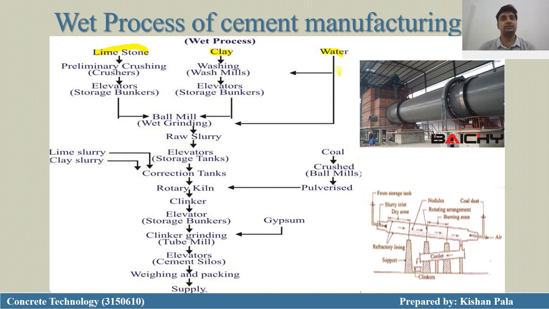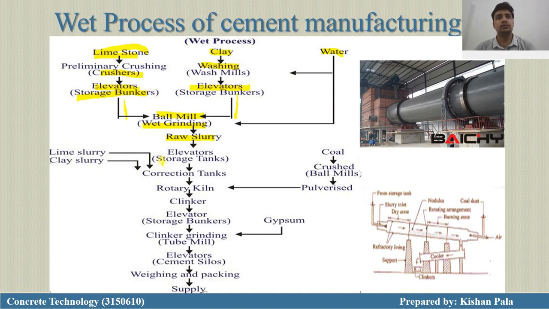You can see in the chart the limestone is crushed and then stored in the bunkers by the elevators, and similarly the clay is washed with water and stored in the storage bunkers, and then by the channel it is allowed to be fed into the ball mill for wet grinding,